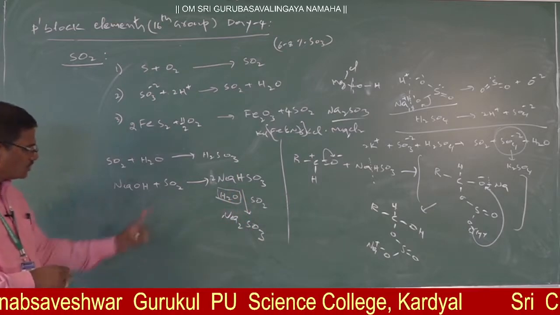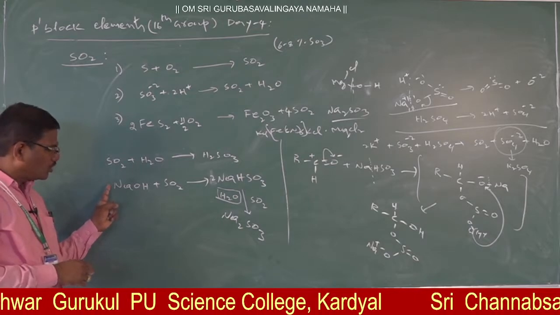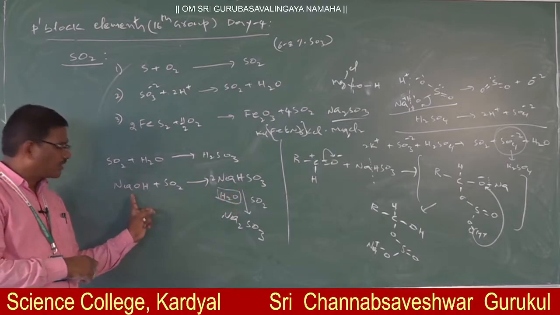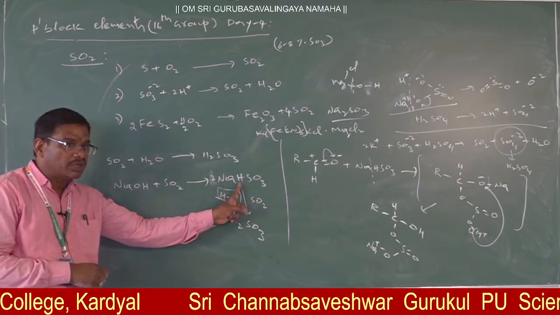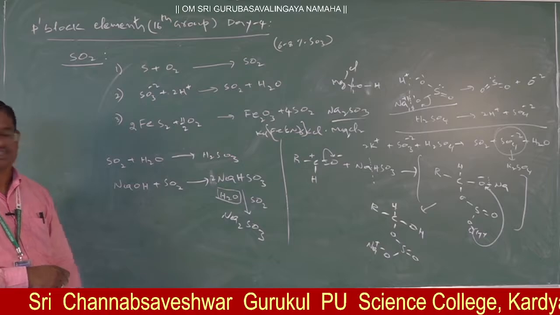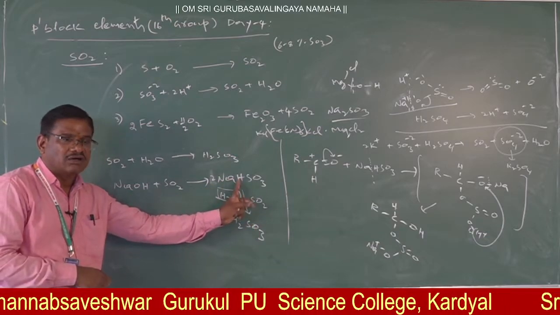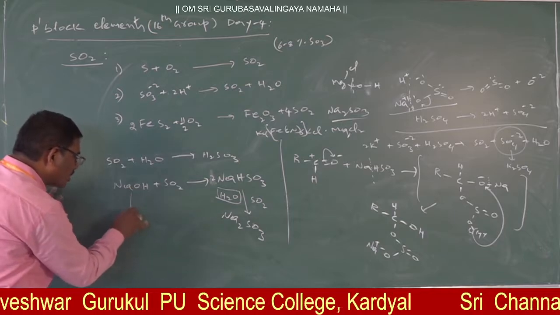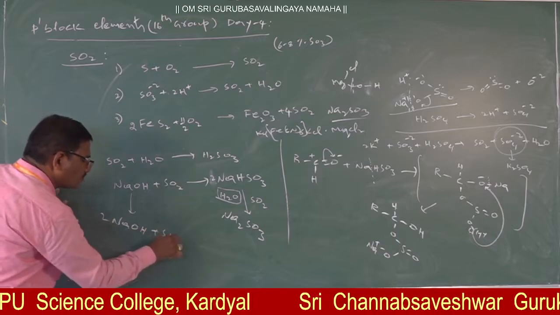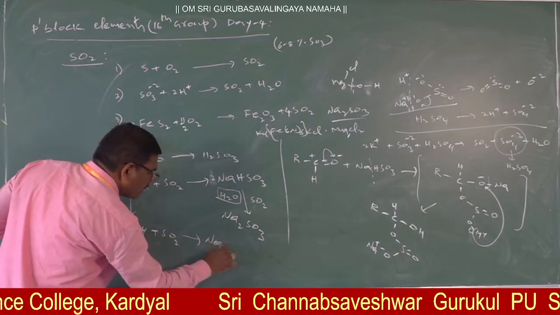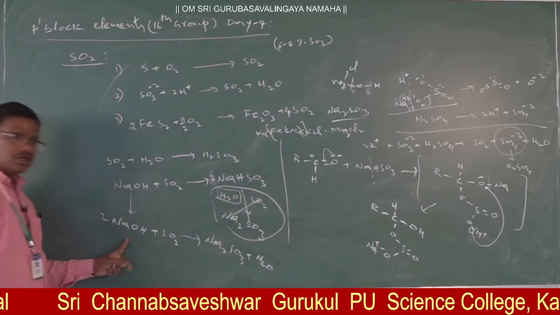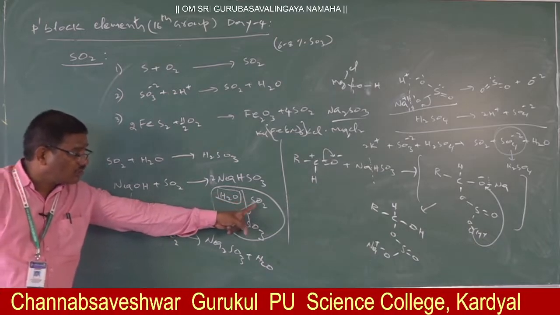Thus Na2SO3, if you want that Na2SO3, here only 2 moles of sodium hydroxide you have to take, not sodium bisulfite. Here sodium bisulfite is an acidic salt, sodium hydroxide is a base. That is the reason why with the sodium bisulfite I am trying with sulfur dioxide, but here the reaction product is not taking place. Why? It is an acid, it is also an acid. One acid could not react with other acid. Therefore 2 moles of NaOH with SO2 get converted into Na2SO3 along with water. Clear, no?